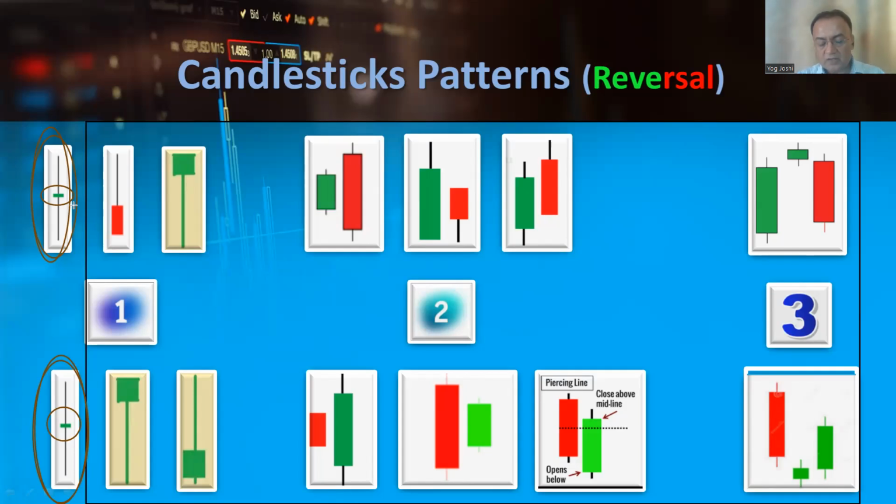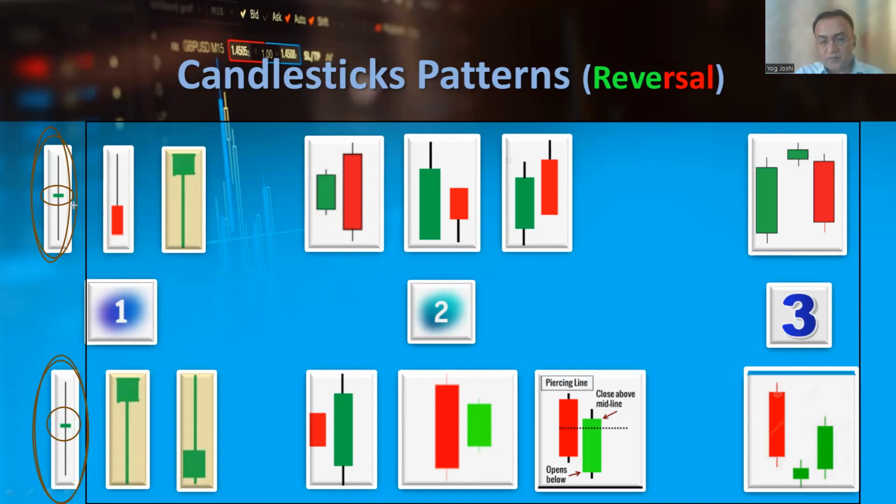So whenever we identify a doji on the chart, a doji is a neutral candle. It indicates that equal force of buyers and sellers is available at that particular area. So this is the indecision session. This is like a tie match between India and Pakistan, or India and Australia. If the match goes tie, we arrange a super over for both the teams.